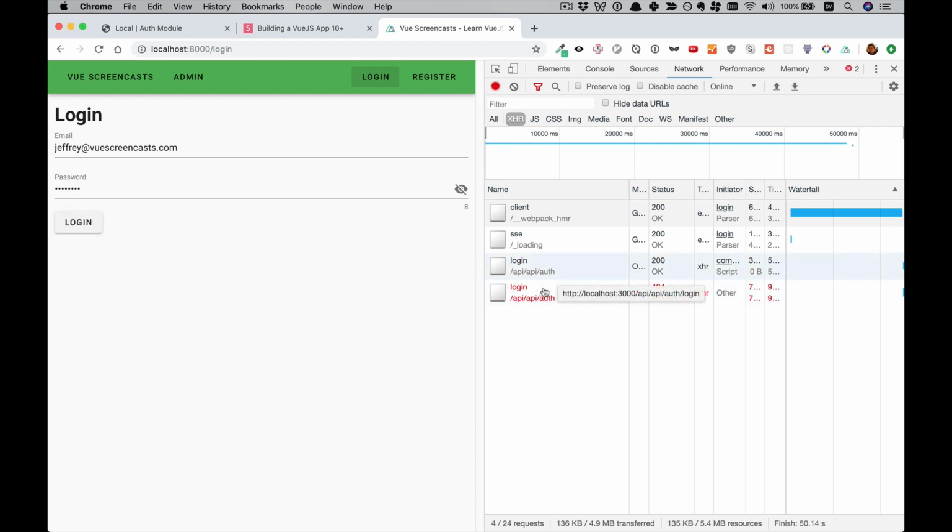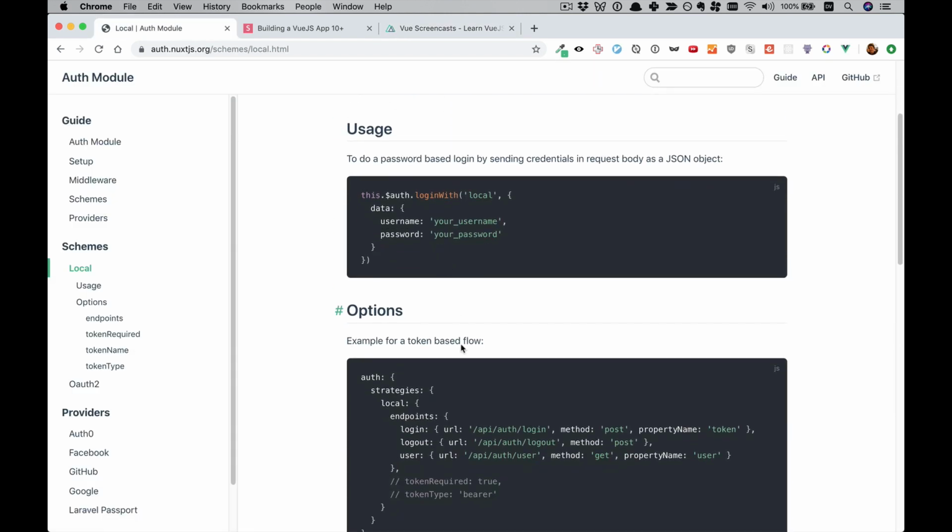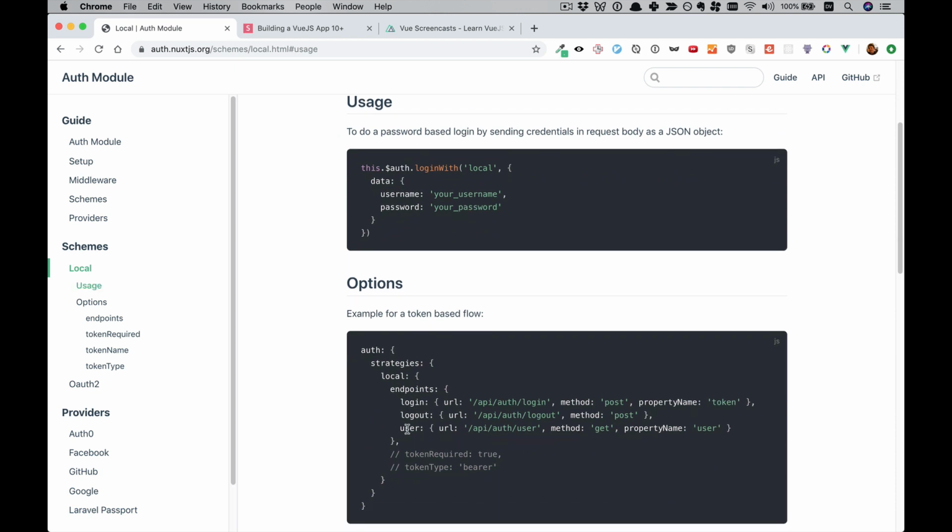So we'll see that it automatically made an API call to API/API/auth/login, because that is the default value of the login endpoint. So this is a good time to introduce the options. These are the default options for a token-based workflow. So in